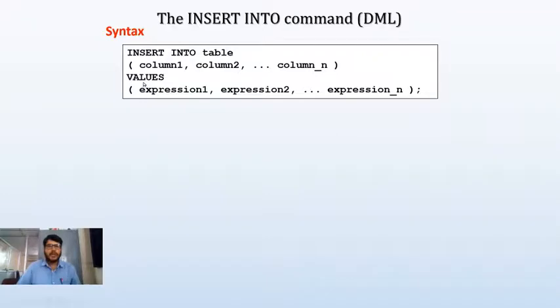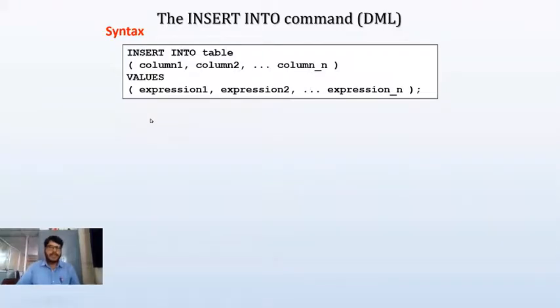After this, we use the VALUES keyword. After specifying the VALUES keyword, we specify the values within a parenthesis. As you can see here, within a parenthesis I am going to specify the values, or sometimes I may specify even expressions also.